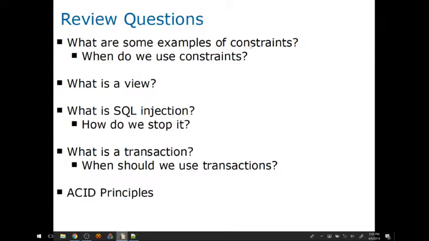So other examples of constraints that we saw last Monday would be like primary keys. That's an example of a constraint. Foreign key is an example of a constraint. Very common examples of constraints that you might actually see out there. Used to define tables and properties of our tables. What is a view? Can somebody describe what a view is to me? What is a view?